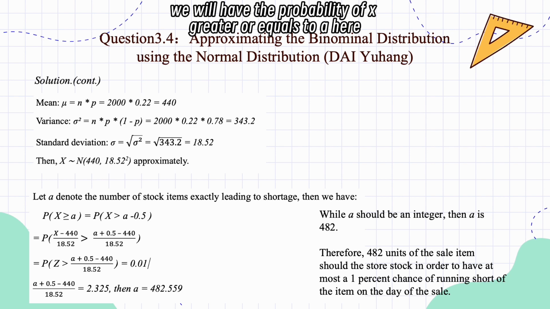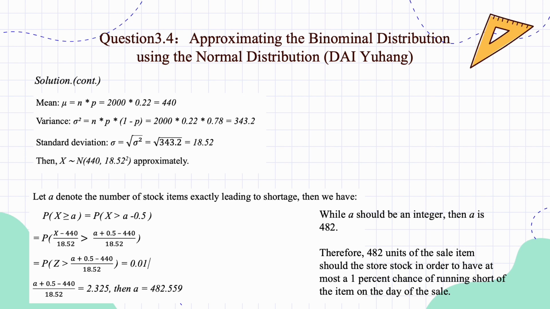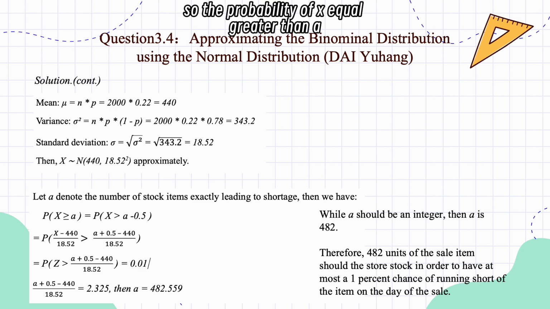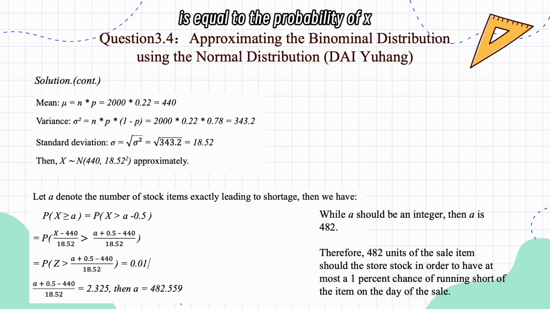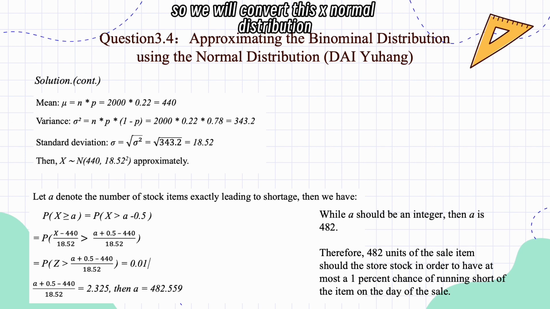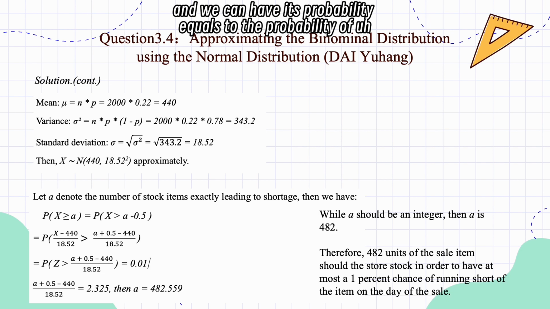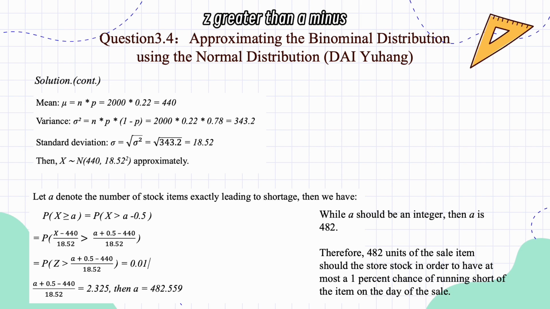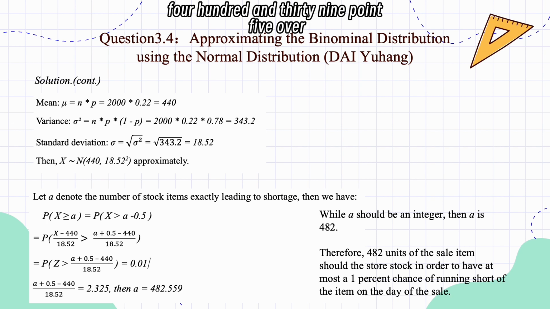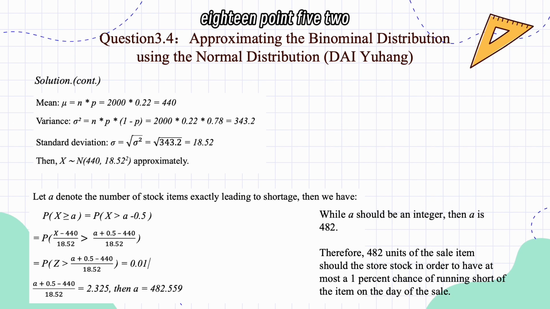Then we will have the probability of x greater or equal to A. Here we will use a correction. The probability of x equal or greater than A is equal to the probability of x greater than A minus 0.5. So we will convert this normal distribution to the standard normal distribution, and we can have its probability equal to the probability of z greater than (A minus 439.5) over 18.52, and it's equal to